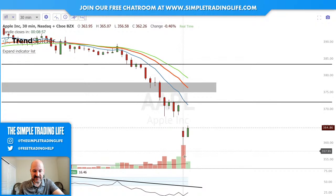We had a big flush down, then it came back up, formed this hammer, and right now it's right at the top of the hammer. Okay, so that is the next thing that we would look for. All right,